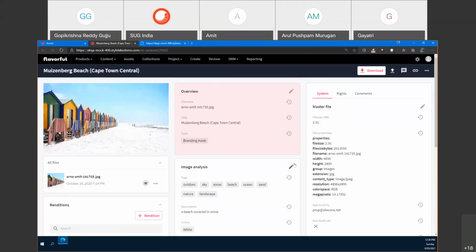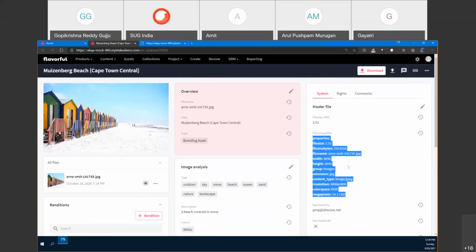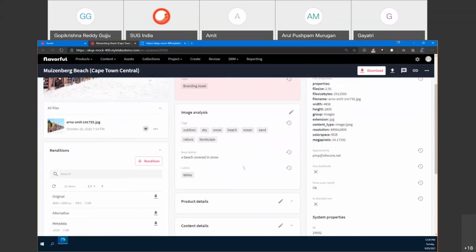And file properties, based on which file it is. It is a JPEG, that's why you have all these fields. Sometimes a few images will not process properly for various reasons. During troubleshooting, this would be empty. Even when the image is processed, these file properties help a lot while troubleshooting issues. And you have file size and image analysis.